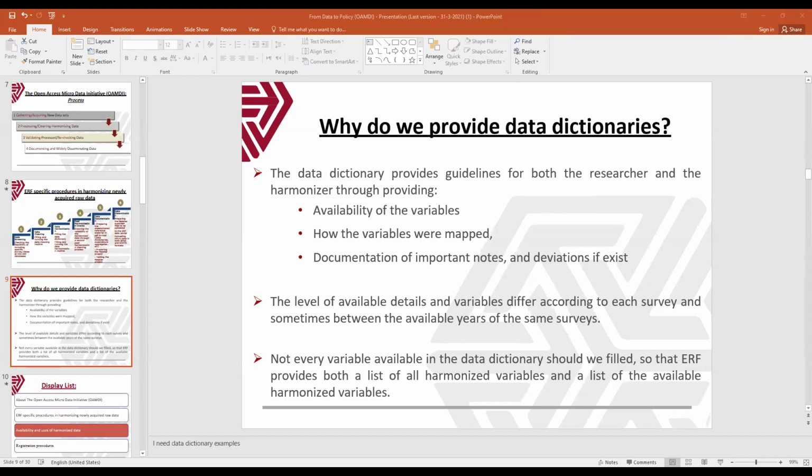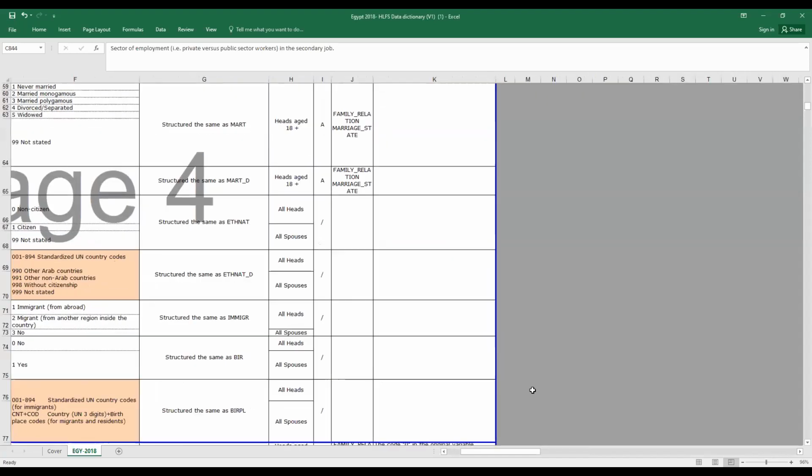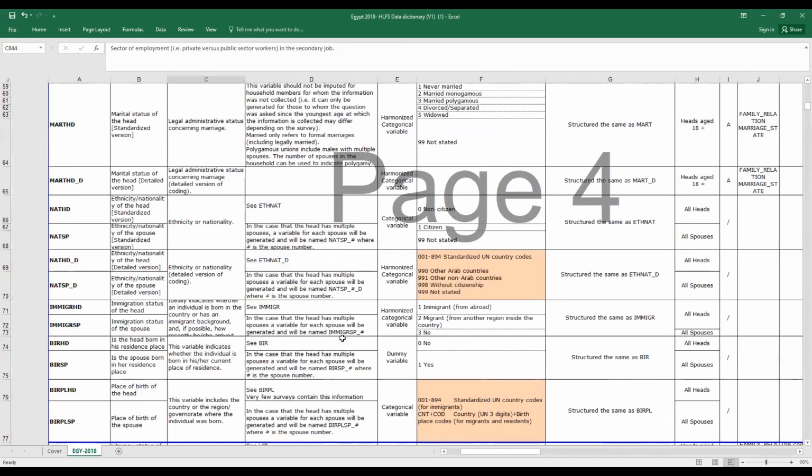No, no, no. I think you have to exit out of this share and then reshare. You have to stop sharing and then share the screen. We can see it now. Can you see it now?